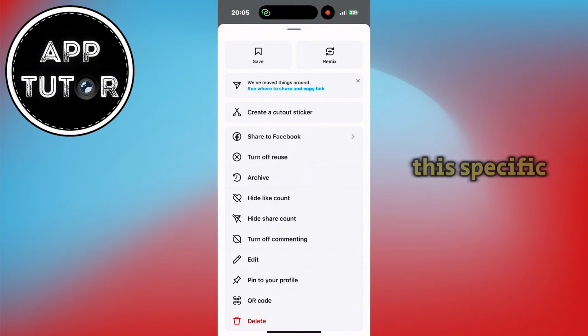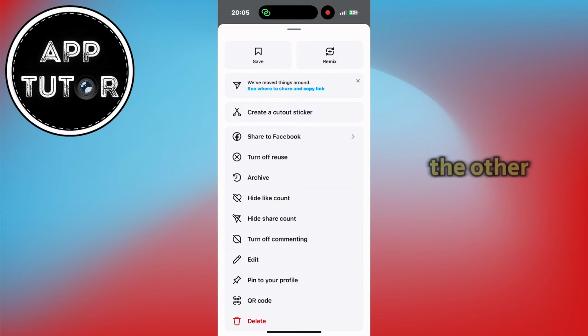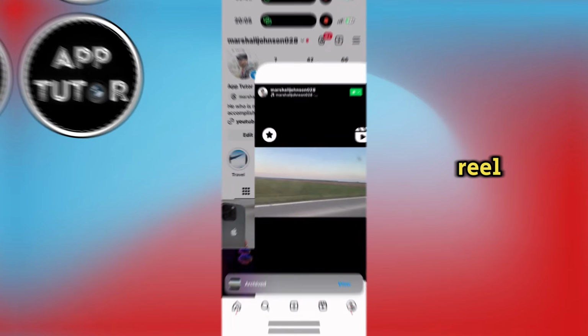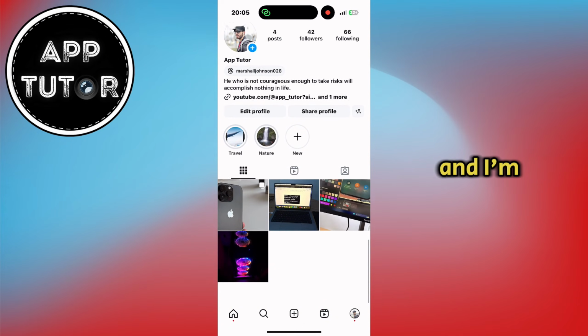Instagram will now hide this specific post from our profile and it will put it in a safe place which only we can access. I'm going to repeat this step for the other photo and for the Instagram reel. As you can see, the posts and reel are removed from my Instagram profile and I'm only left with these